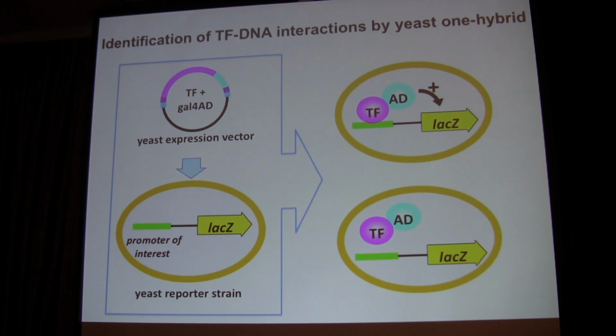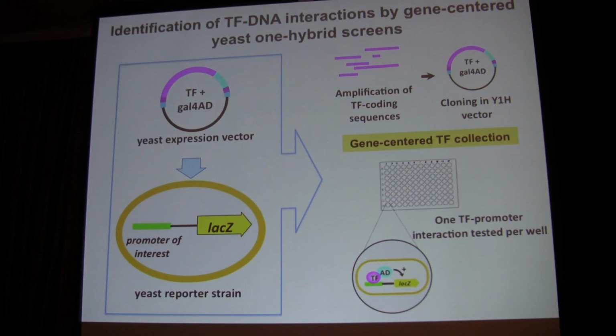Now, one of the problems that the one-hybrid system has, at least performed in the classic way, is that originally people started using libraries that were constructed by extracting total RNA. And usually in those preparations, transcription factors are not very abundant. So because we knew the Arabidopsis genome had been sequenced, what we decided to do was